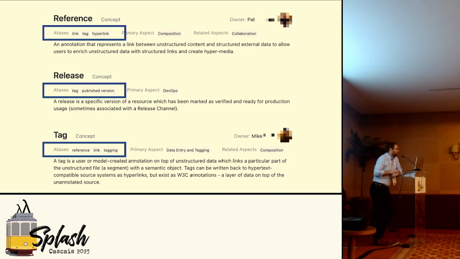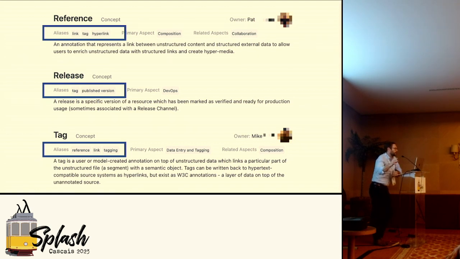So to use a concrete example, this is searching for tag. There are actually a few different things in the system, items in the glossary, that might be thought of as tags by end users. So releases get tagged via a git tagging process. References and tags are actually quite different for us. References are embedded in the document content. Tags are a layer on top that are user curated. There's also some overlap between what a lot of systems would call tags and what we call labels. Again, because we use tags more as an entity extraction referencing tool, a lot of other systems use them as a label on a document.